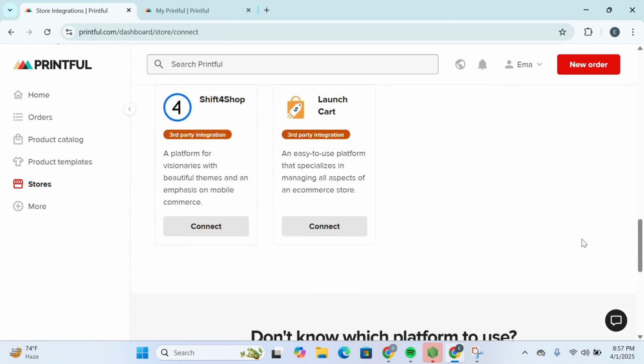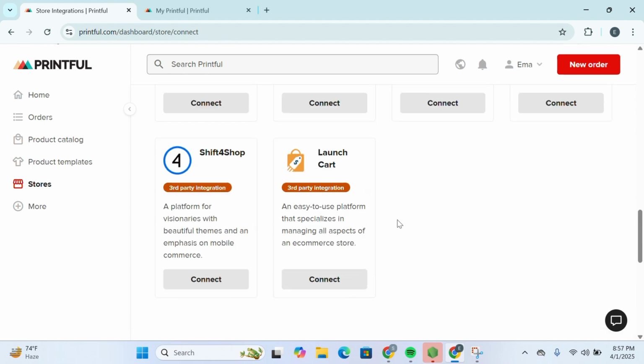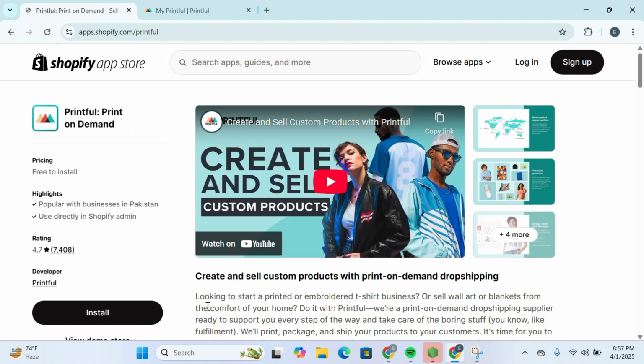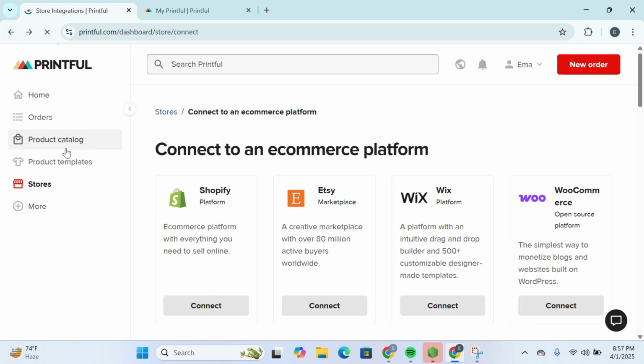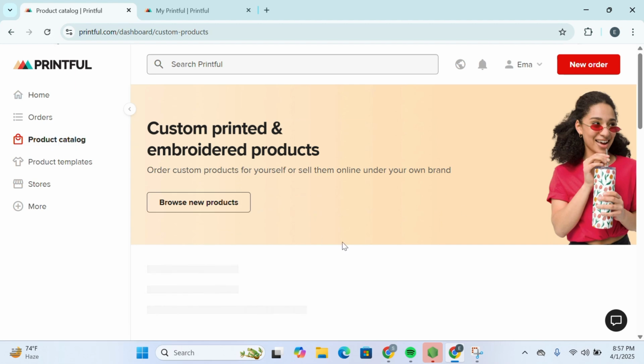So you can go and search for it over here. You can see that these two have third-party integrations. These are not direct. And once you have connected your store, you can simply click on connect, and you can then click on install, and after that you can sign into your Shopify store. And once done, you can simply click on product catalog over here, and you'll be able to see your products